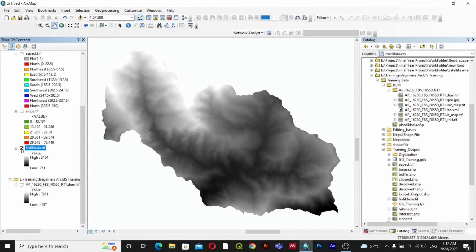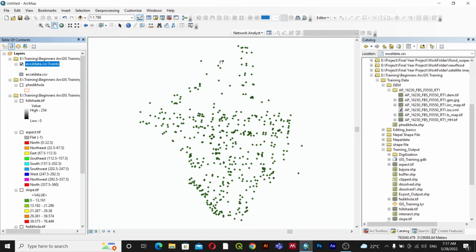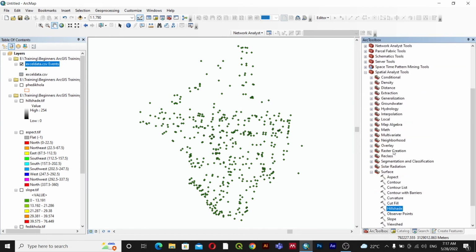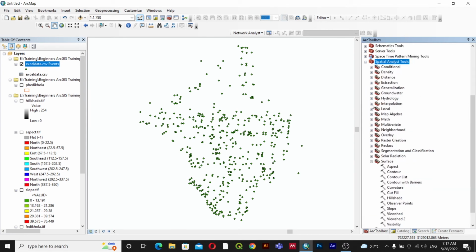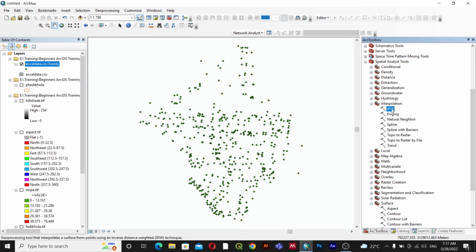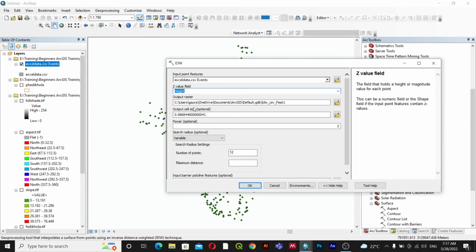But in this case, for the Excel data, we have discrete elevation values, individual points of elevation, but we have to find the elevation of every point. The left out points also have to be found. So for that case, we will do interpolation. We will go to the Spatial Analyst tool, and then go with interpolation, and do IDW interpolation, the inverse distance weighting method. So we'll add the point feature as the Excel data, and on the basis of height we will create the interpolation,